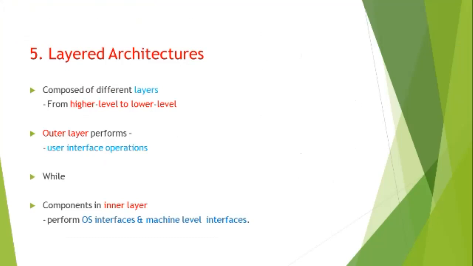The fifth one is layered architecture. In that, it is composed of different layers from higher level to lower level. The outer layer performs user interface operations, while components in the inner layer perform OS interfaces and machine level interfaces. This is